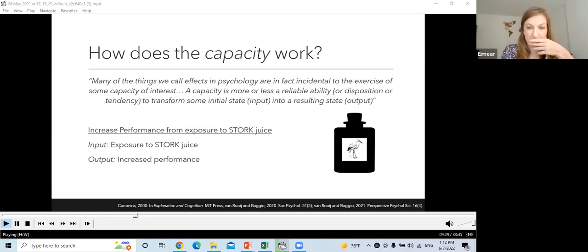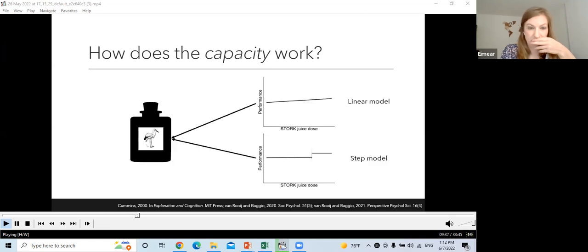If we know that a particular dose of STORK juice produces a particular magnitude of effect, then it could actually be that different kinds of implementations of that capacity, that is to say different dose-response adaptabilities, will result in the same effect. So for example, a linear model could result in the same magnitude of effect at a particular dose as a step model could, some sort of threshold-based model.